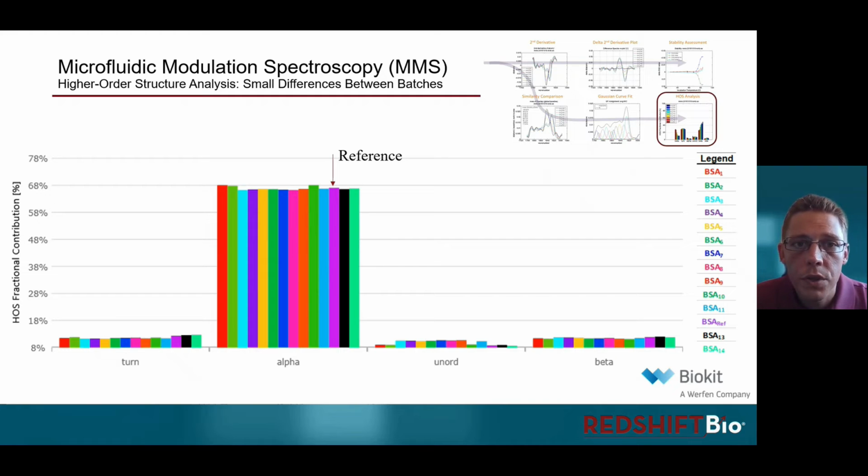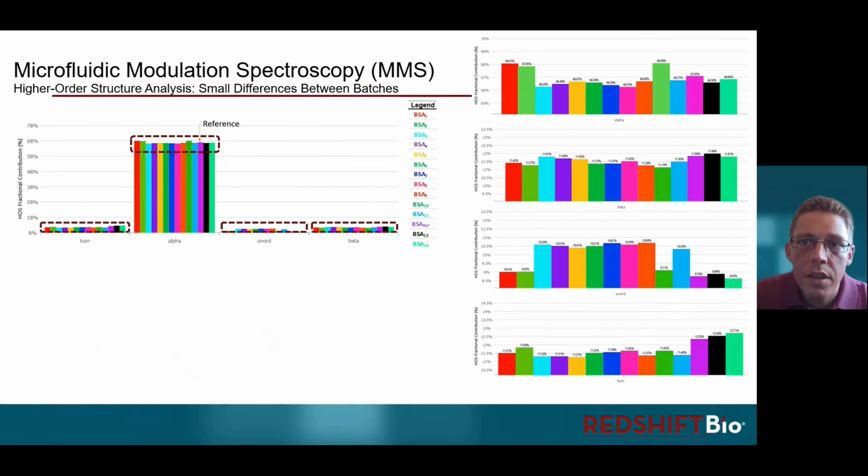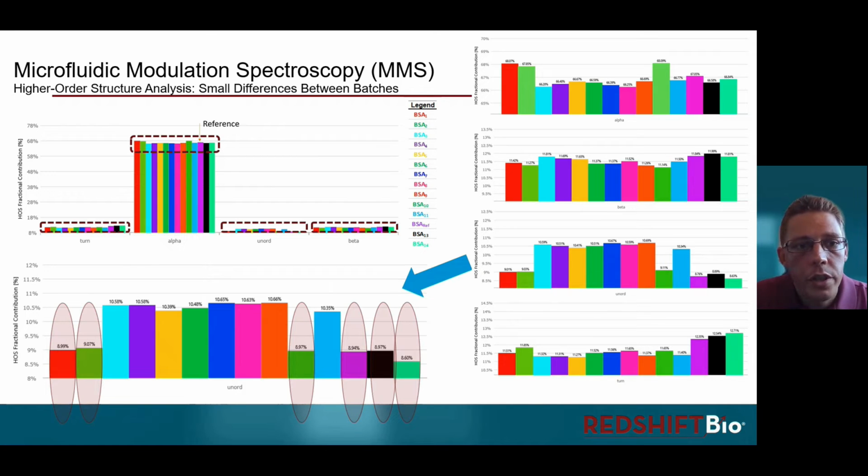to all of the other samples, and it's not immediately clear that there's a pattern that would separate the reference sample that is known to function correctly from those of the other samples that did not function correctly. If we zoom in on all of these, we see that this is true for alpha helix, for beta sheet, and for turn structure. But actually, if we look very closely at disordered structure, we do see that there is